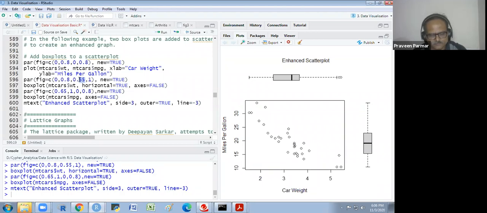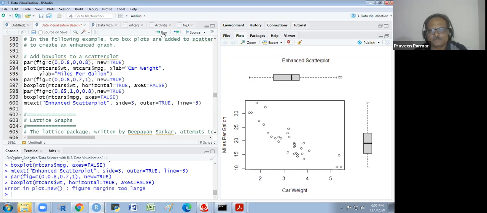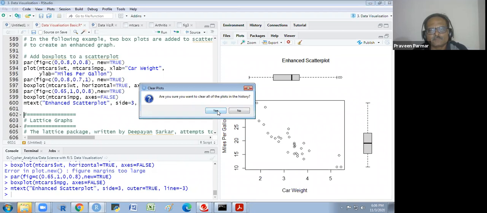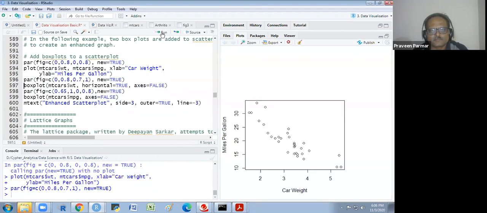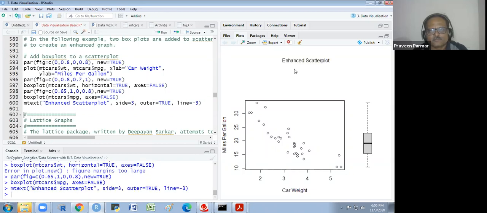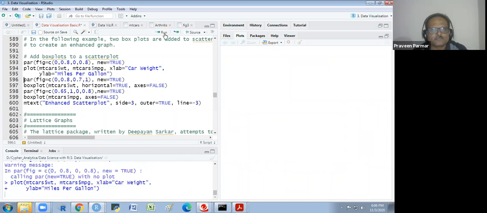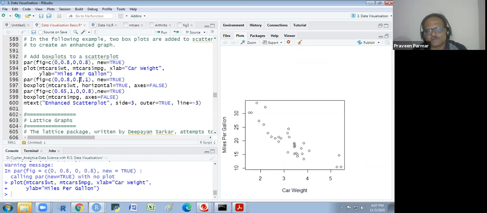We try to change. I'm not getting it. By taking 0.7, it will not work. If I write 0.6, I think it will work.